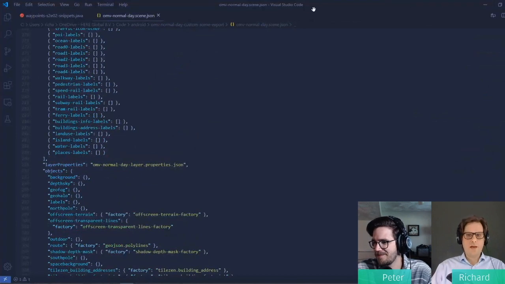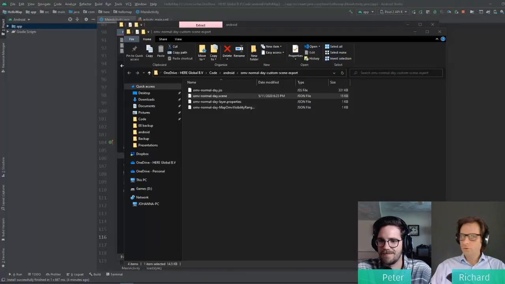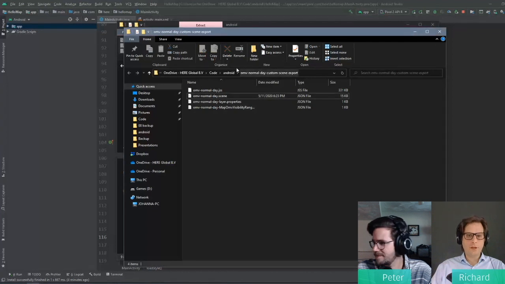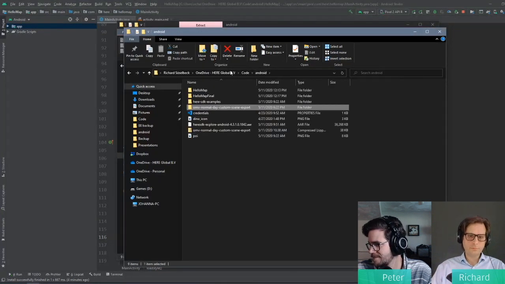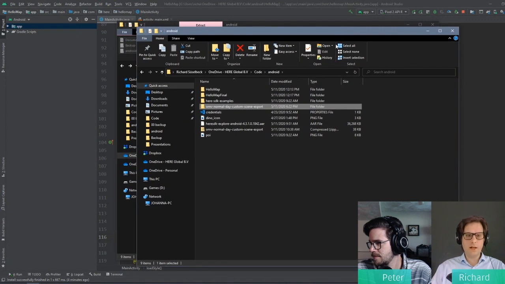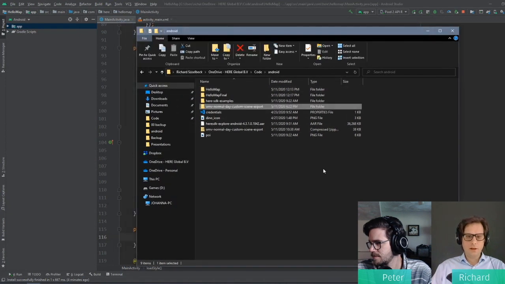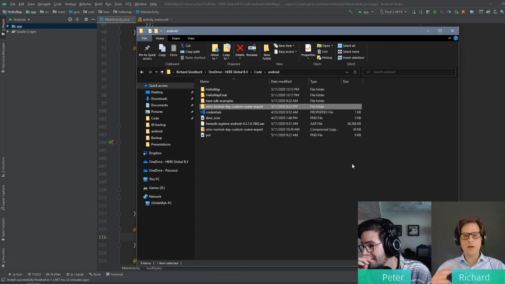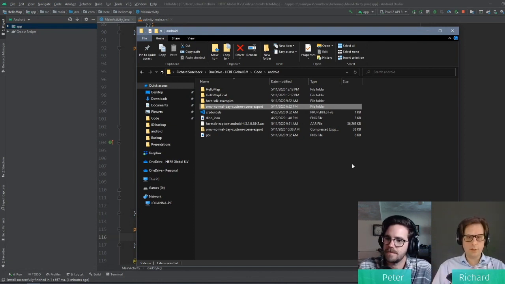There is, in fact, a really cool style editor that we're working on that's coming soon. That'll actually allow you to do sort of a WYSIWYG style editing of the maps. It's currently still in closed beta. It's hopefully going to come out soon, and that will really allow you to kick your map style game up